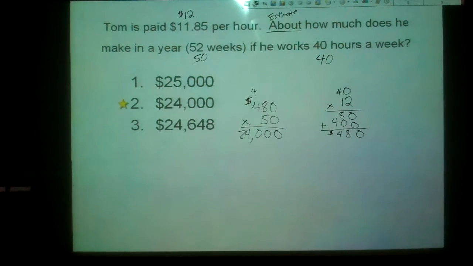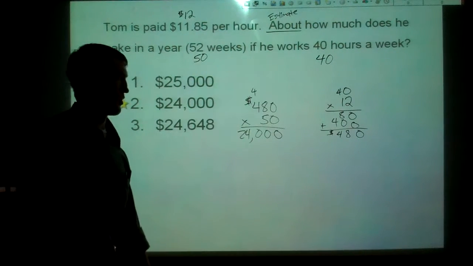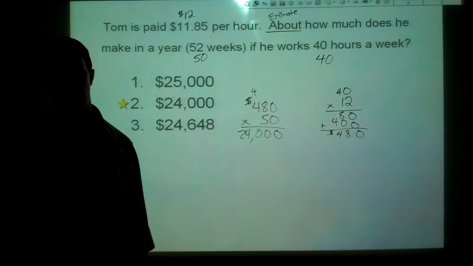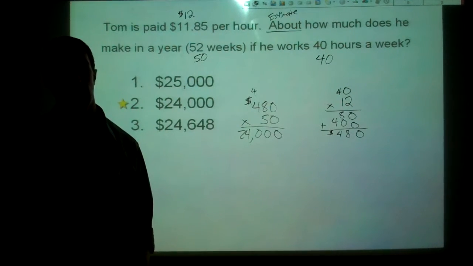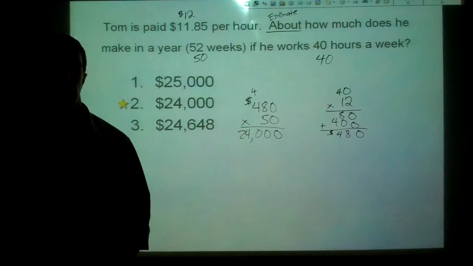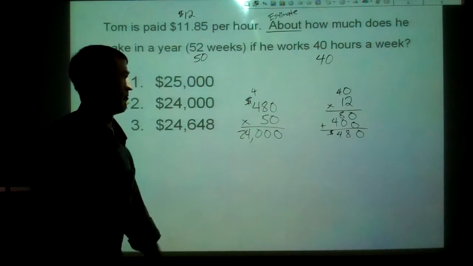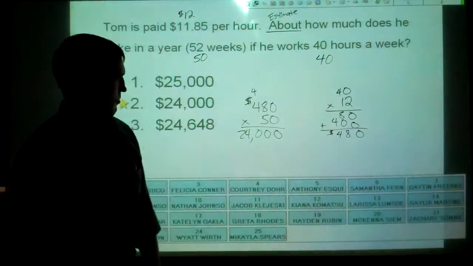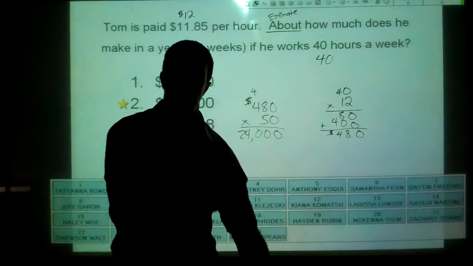For me, you can round when you really want to. I mean, there's so many different ways you could estimate a problem like this, so I'd be pretty lenient on that, especially if you come and talk to me about it. So, just a little brief review on estimation and rounding,